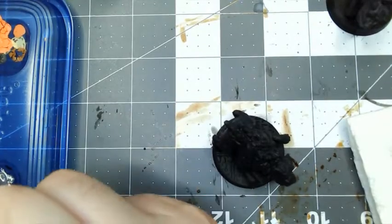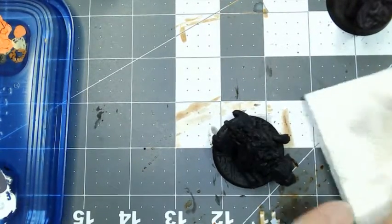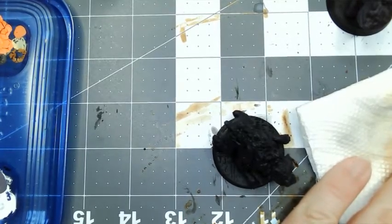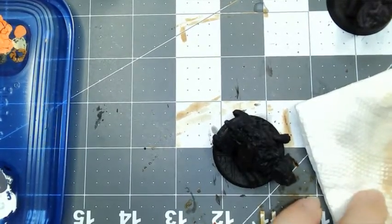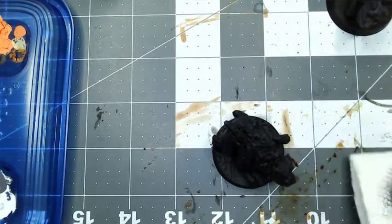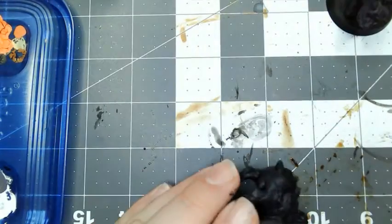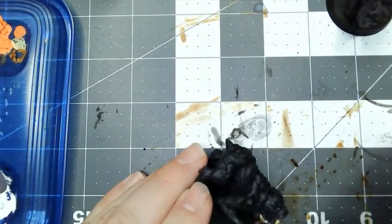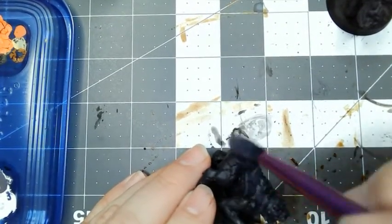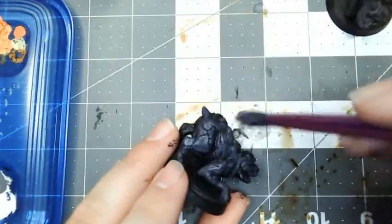Let's get our paper towel. Get a whole bunch of paint in the brush and then wipe it off on the towel. Now, a lot of times when I wipe it off, I'll go in these circular motions. There we go. Just to get it fully within the bristles like it is there. All right, and right here,